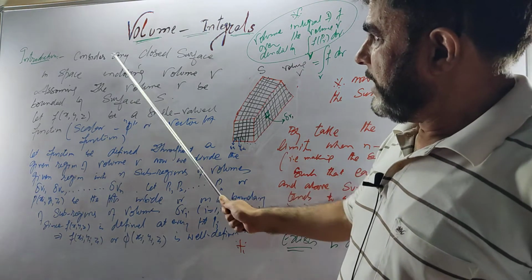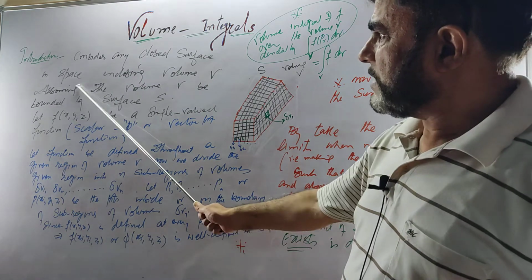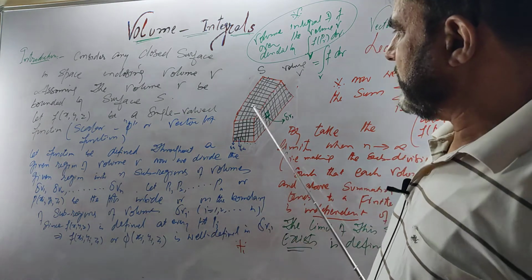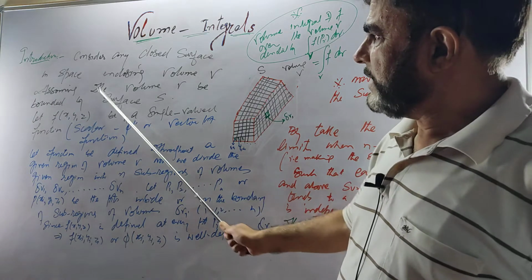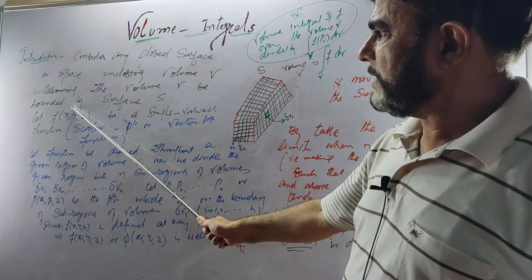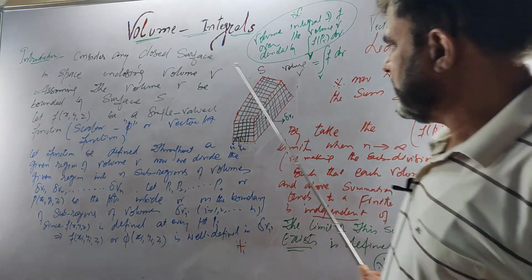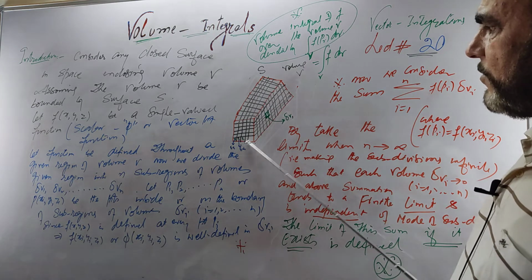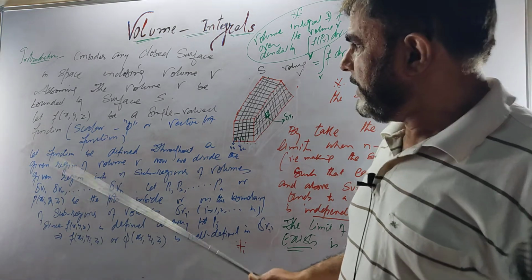I am considering any closed surface in space enclosing volume V. Assume the volume V is bounded by surface S. It is surface S, it has the volume V, and